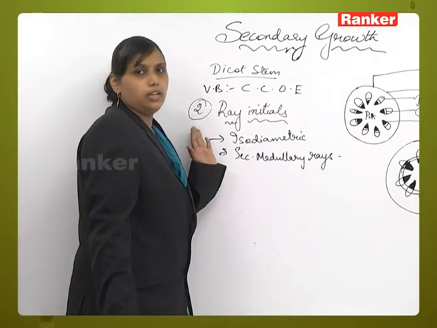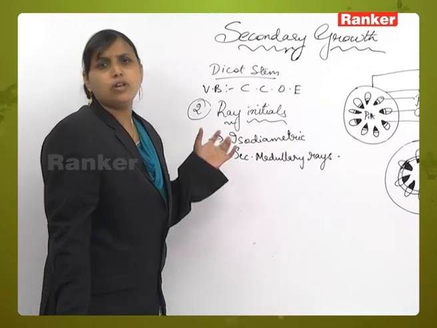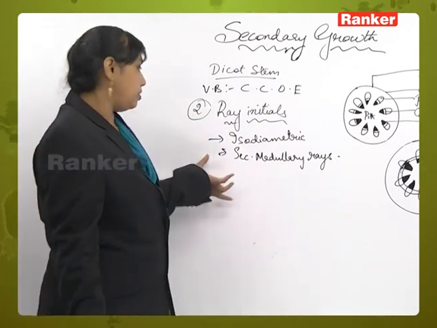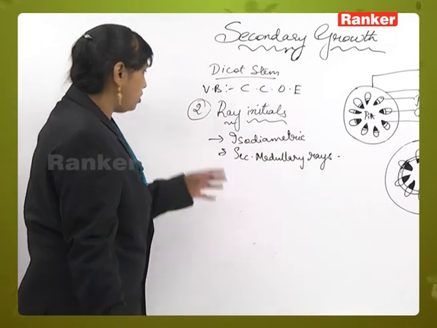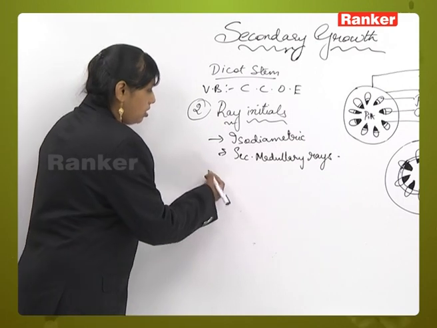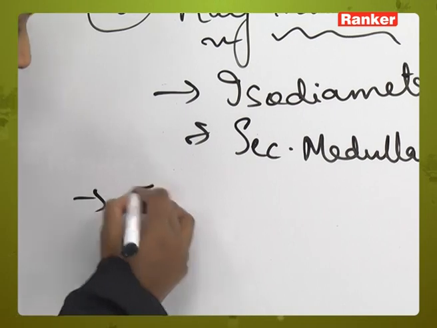Okay, where in fusiform initials the cells were not isodiametric, in ray initials you will see the presence of isodiametric cells, and this will also lead to the formation of secondary medullary rays. Now, when we come back to the ray initials, or if you are talking in terms of fusiform initials, next